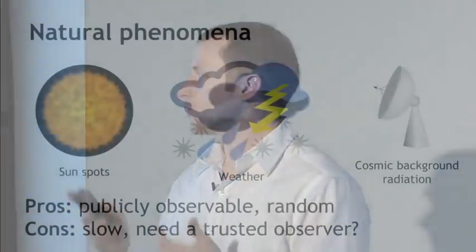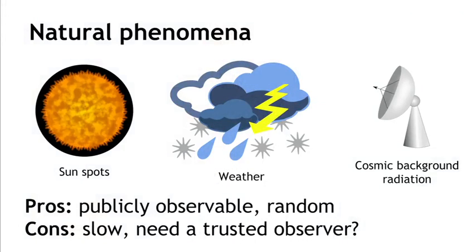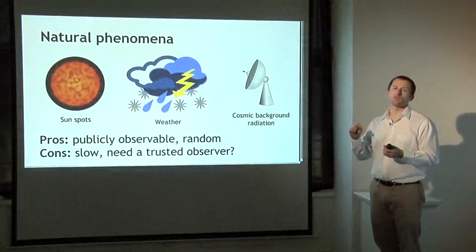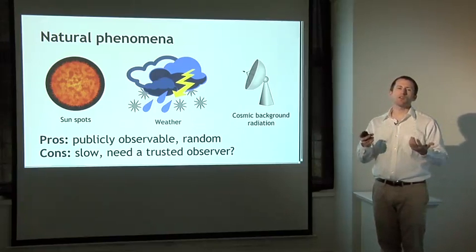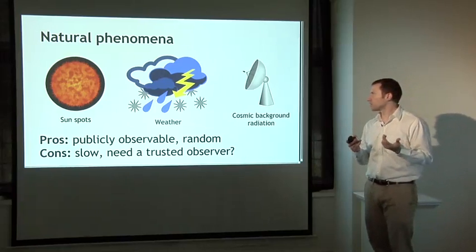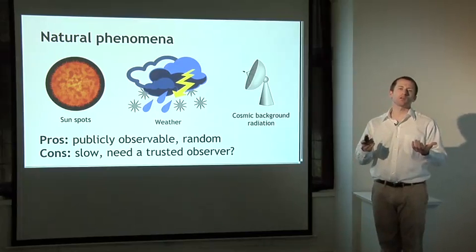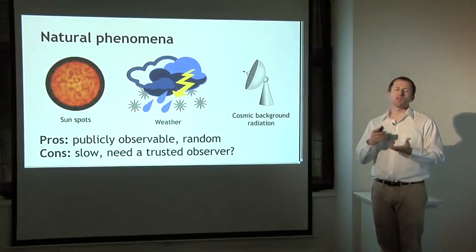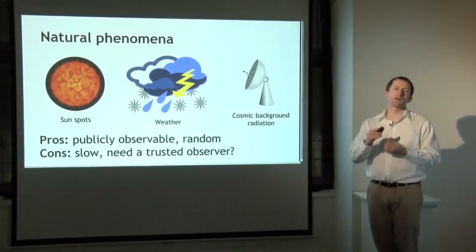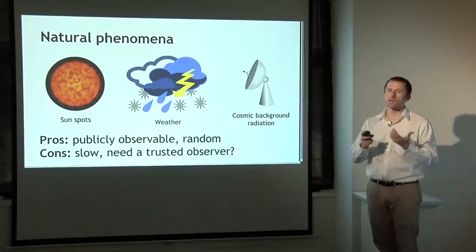So what if we use some natural phenomena that everybody can observe? So examples might be sunspots or solar activity on the surface of the sun, things like the weather, what temperature it's going to be tomorrow, how strong the wind will be, whether or not it will rain, or even cosmic background radiation, which is just noise that you can listen to from any point on Earth, and everybody should be able to read the same values. So these are phenomena that happen at such a large scale that it's fairly easy to convince yourself that nobody is going to be rigging the process. It's somewhat far-fetched to imagine that somebody would fly a spacecraft to the surface of the sun to modify what was going on in order to rig some lottery back on Earth.